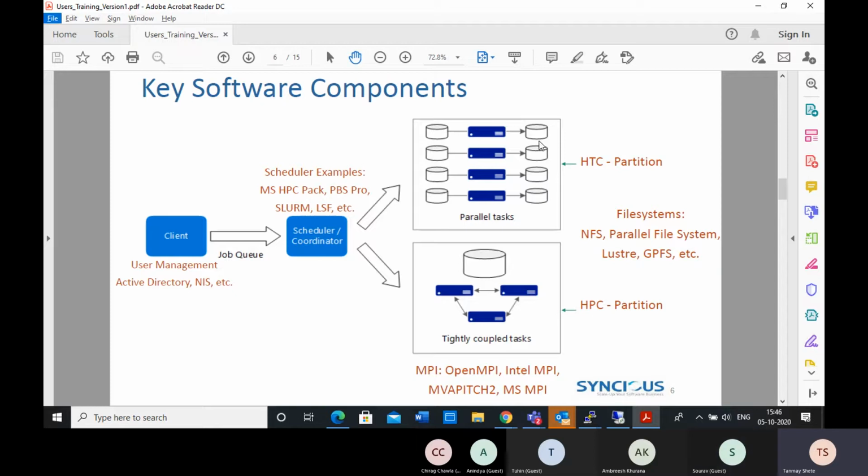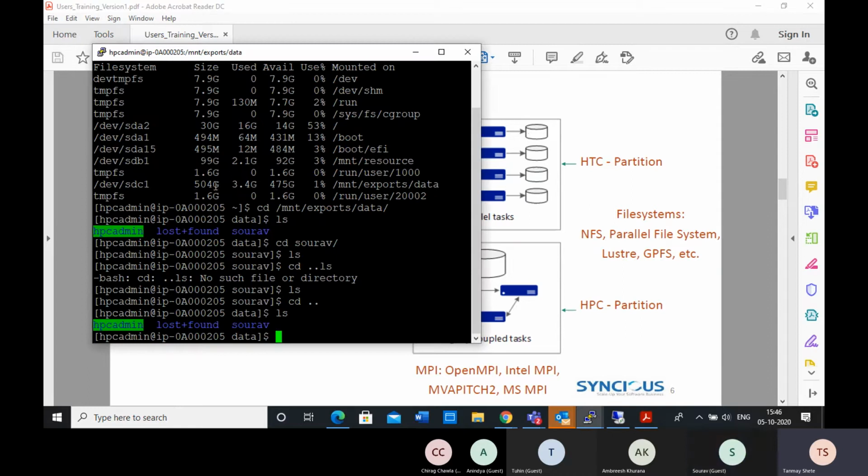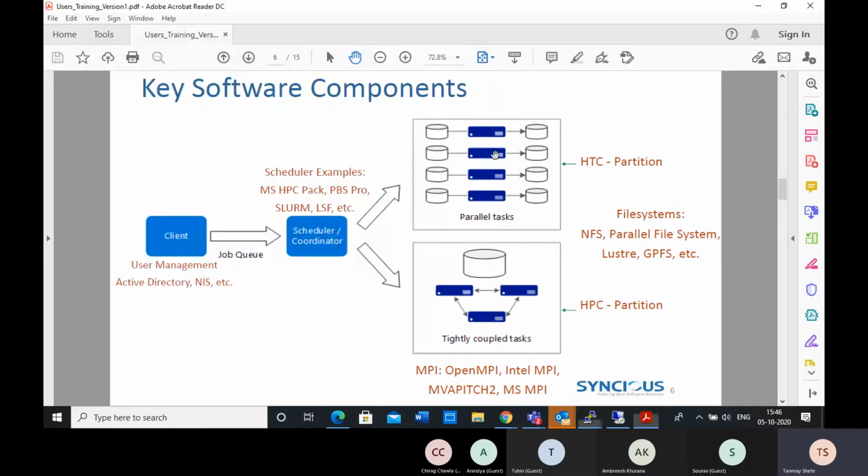Every node will have about say 1 TB of storage available, other than this storage. So suppose you have runtime data, you are running your computation, you generate a huge amount of data, you can keep it here in every server's associated storage.